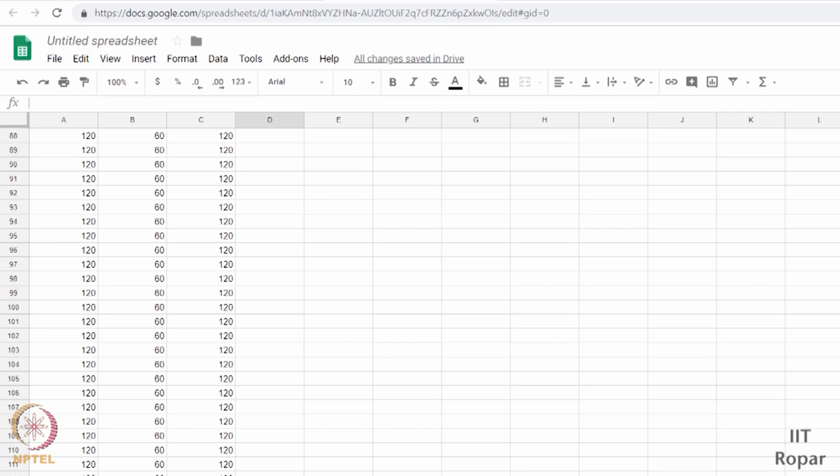Let us see where this first convergence has occurred. So at the 66th iteration, it was 120, 60, 120. A sort of a stable state has been reached. 67, the same. 68, the same. After that, how many ever times you repeat, the same points distribution is preserved.